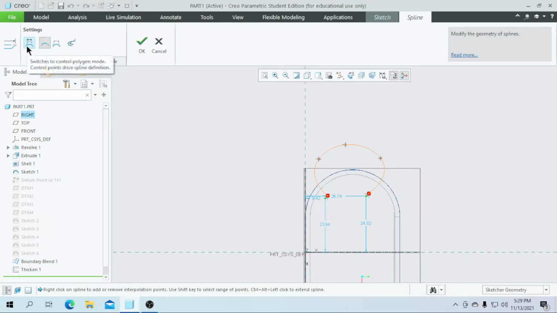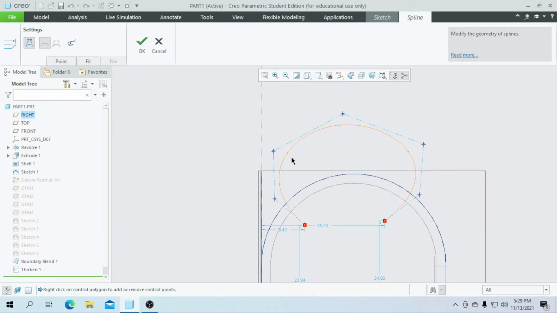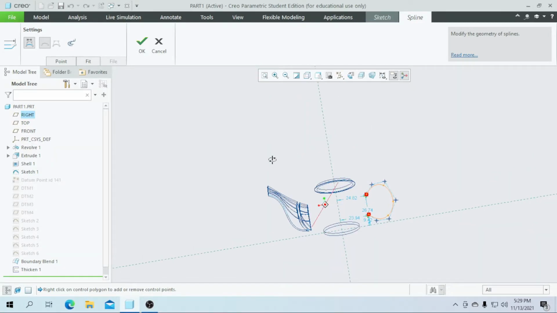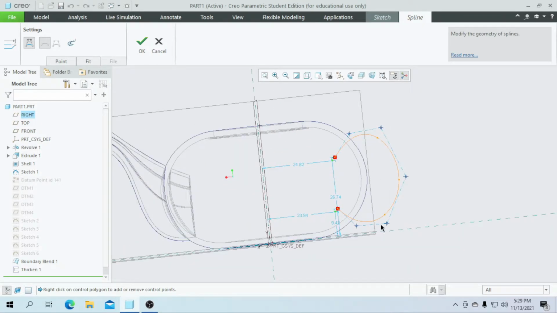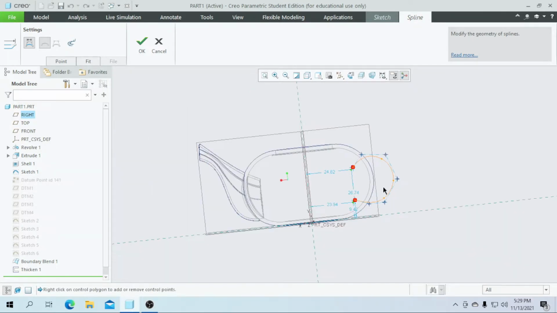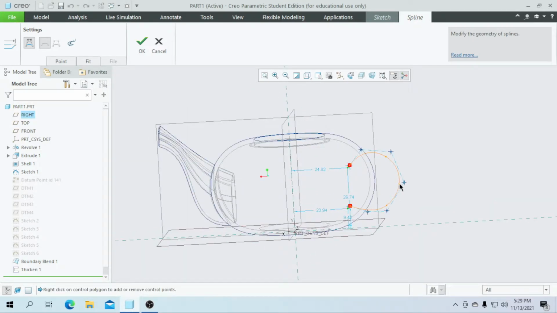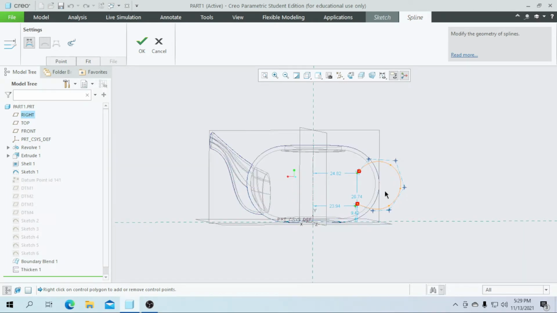So I need this as a polygon mode. As you can adjust this, now you can drag this for your construction mode. You can adjust at whatever size you want, or you can make some circle feature for this. Or else if you want a square shaped handle, you can also add this. So I am using this without any dimensions.